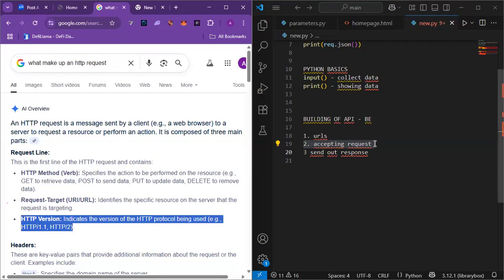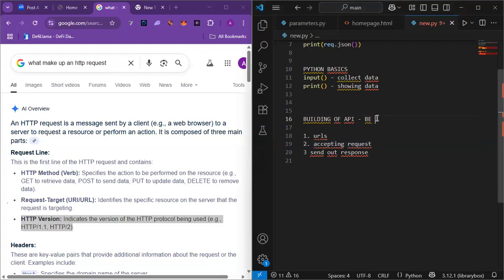So for any application, let's put any application here. It could be an app, it could be web, it could be desktop. In order for this application to make requests to our URLs, they have to make sure that they specify